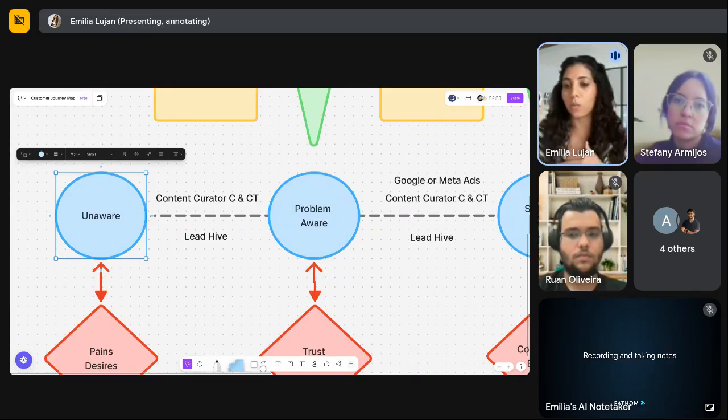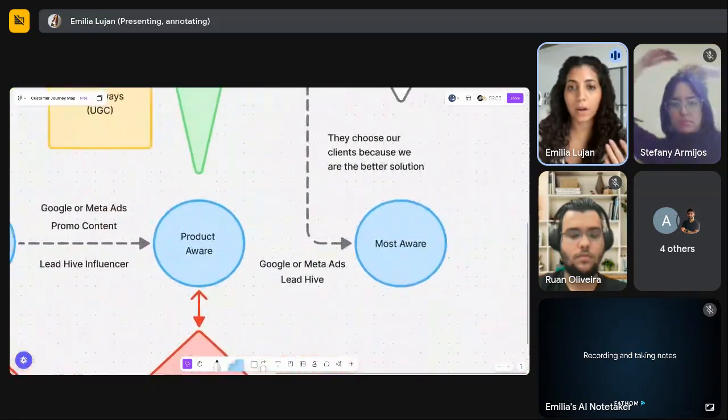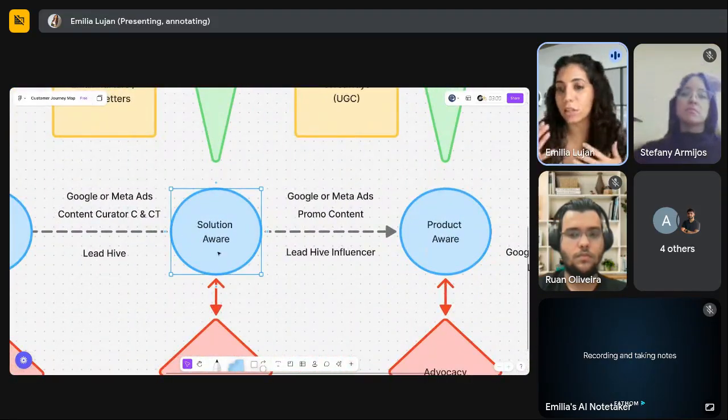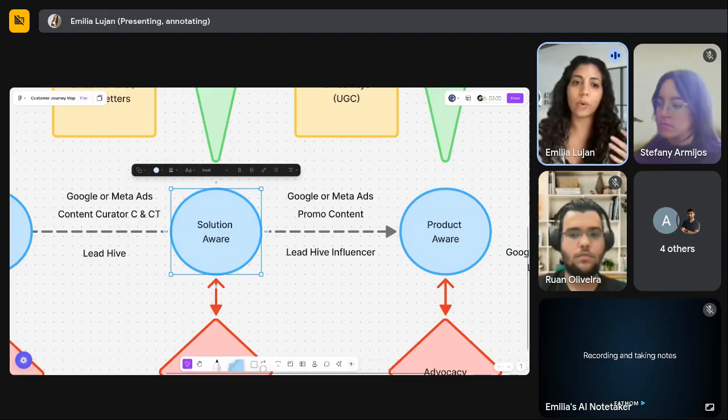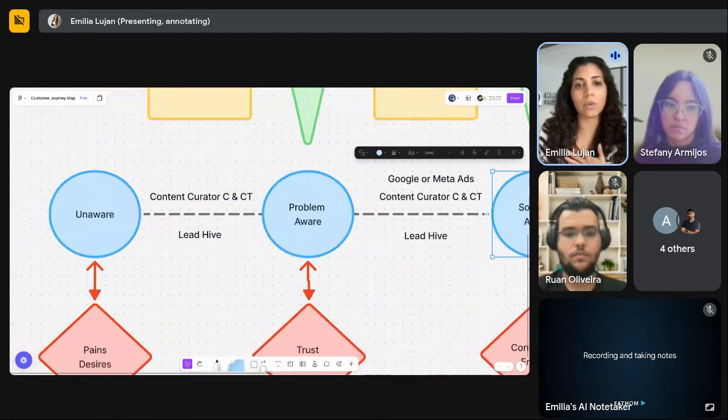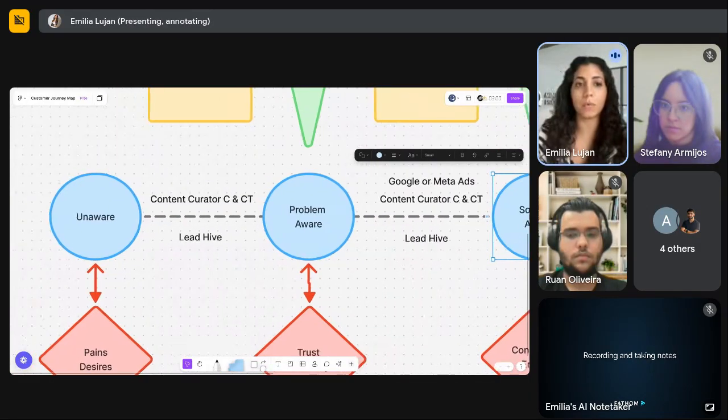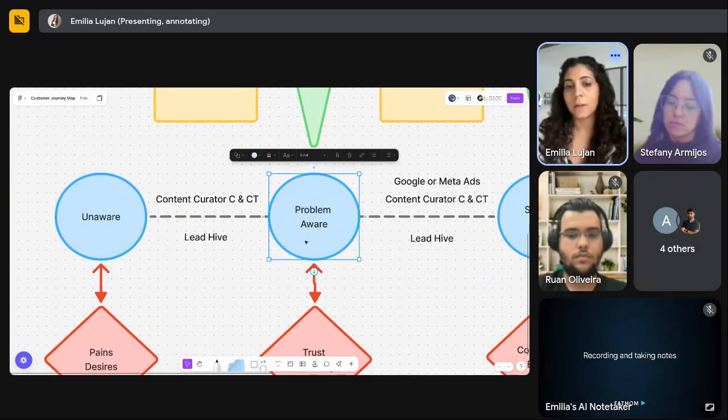Generally speaking, when we run ads, Facebook, Google, any type of paid campaign, we're focused on people that are solution aware, people that are ready to buy the solution. But the reality is that solution aware people is only 5% of the market. So if we are not looking into the unaware and problem aware and nurturing people within these two initial stages, then we're missing a really big part of the market share. And this goes for us, and this goes for all of our clients.